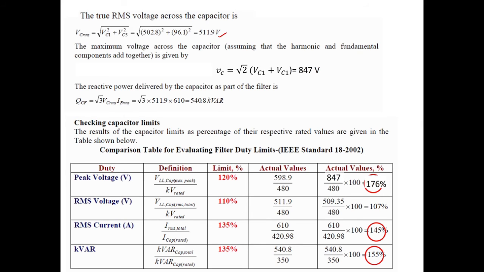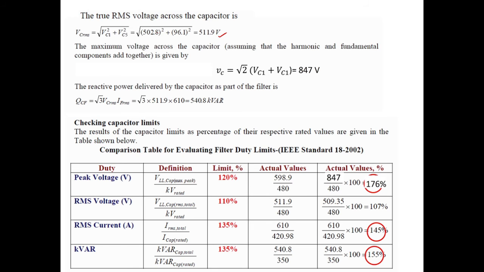Okay. So now we calculated the true root mean square for the current that passes through the capacitor or the filter, because the filter consists of L and C. So once we find the current that passes through the filter, we find the current that passes through the capacitor bank. And we did the same thing with the